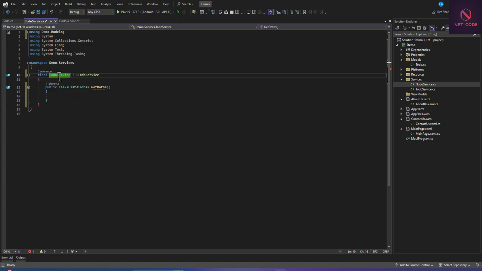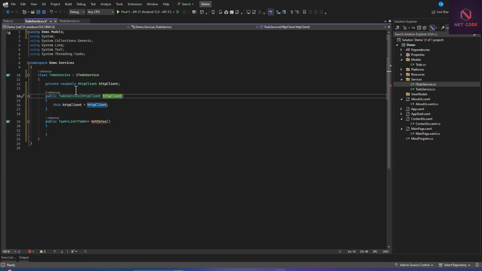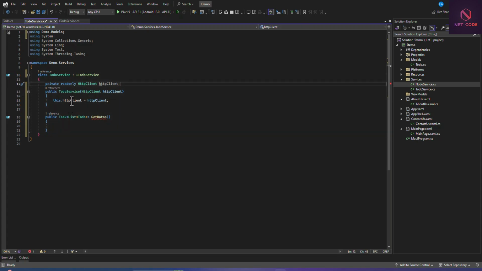So generate a constructor for this, and in here let's inject HttpClient. You create an object, then Control period, let's create and assign field, not property. So take note, we assign field. Now you can use this HttpClient over here.